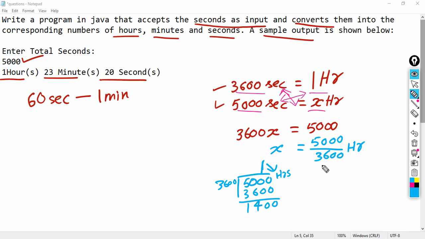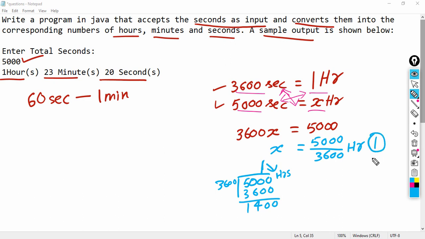So, one thing is clear, that if I divide the given number of seconds by 3600, the answer will be the number of hours. So, this is our first finding.